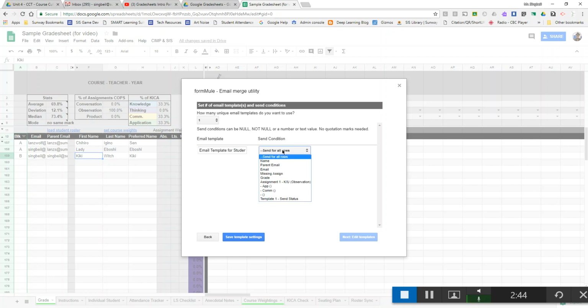And then here the condition would be who is it going to send for? Now, the best thing to do would be to actually only send for if there is a valid email, so it doesn't produce any errors. So we're going to choose if the send condition for email is not null, which means to only send an email to students who actually have an email address included here. Then we press the Save Template Settings,